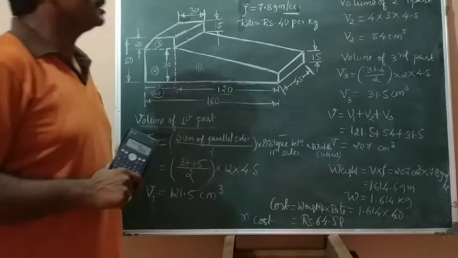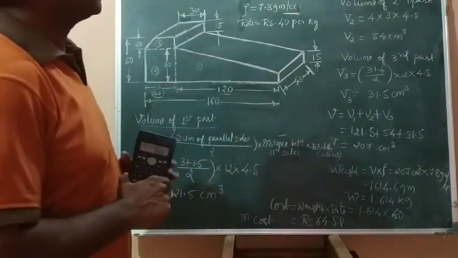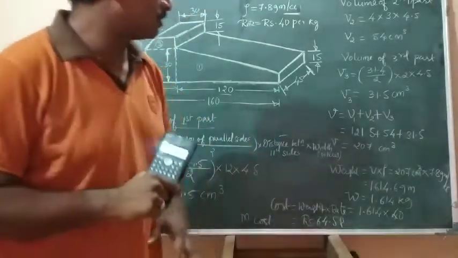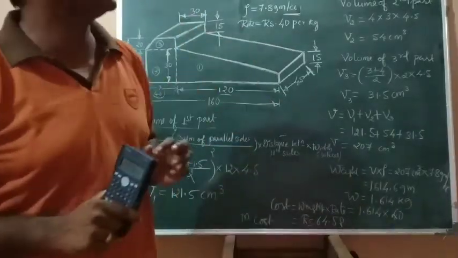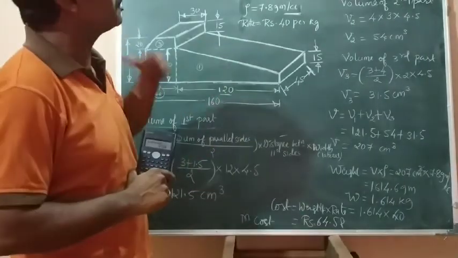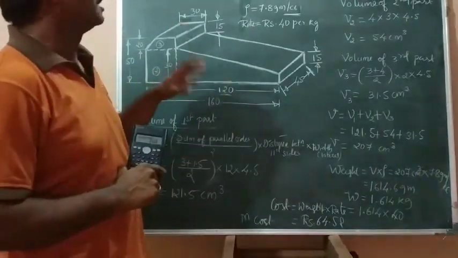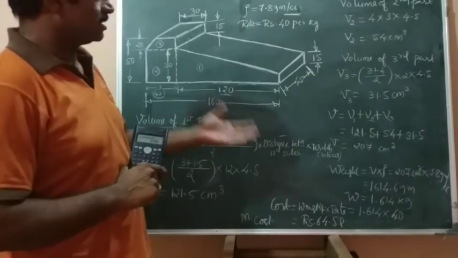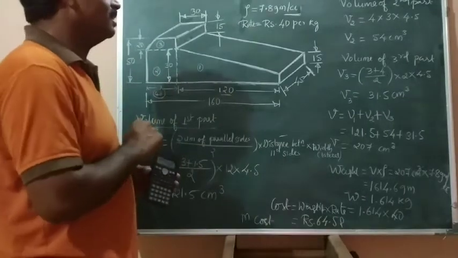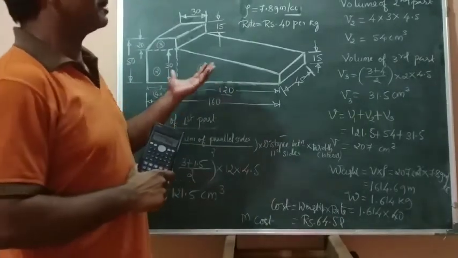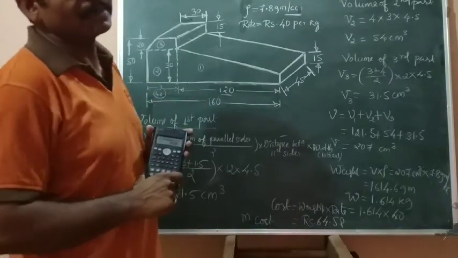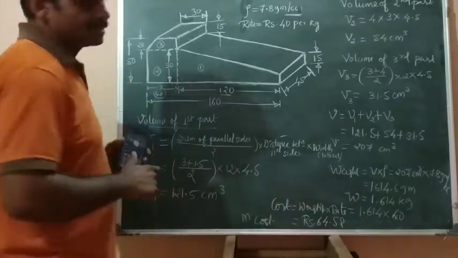In the question they may add one more sub question here. We have found the material cost for one key. They may ask us to find the material cost for 50 keys, 100 keys, like that. Once you get the value for one key, we need to multiply by the number of keys given. We will get the total material cost. Okay. Thank you.